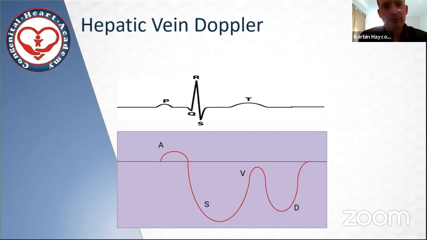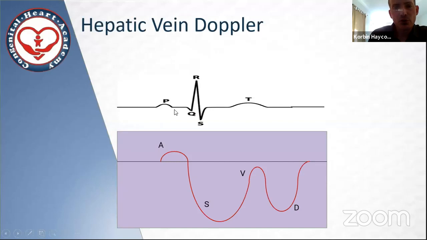So start off with the hepatic vein Doppler. This is basically the flow either to or from the right atria. And the baseline is basically the mean systemic filling pressure, that pressure that's being driven by the distension of the stress volume on the venous system. And so that's going to be squeezing towards that. And anytime that our right atrial pressures rise above that pressure, we're going to have flow into the hepatic vein as reflux. And every time the right atrial pressures drop below, we'll have forward flow towards the